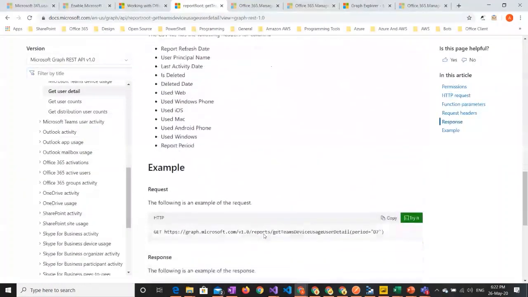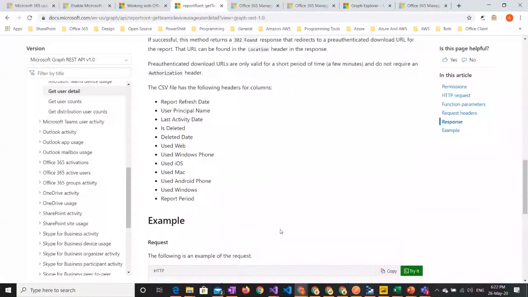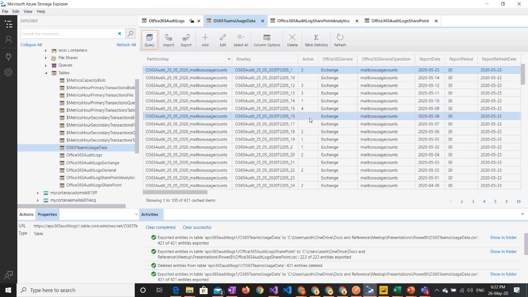They are not very friendly, and then you're like, okay, I don't know what's happening. So what I did is I wrote a small app that will just go ahead and put all the data into an Azure storage table. So I created an Azure storage container and then created a table in it, and my job just goes ahead and actually runs for 30 days, gets all the data and puts it